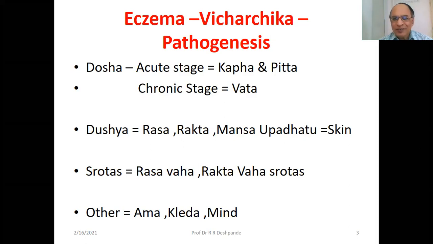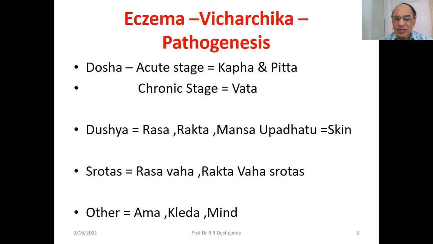And what are the dushya? Dushya means the substances which are vitiated by the doshas. So here in Vicharchika, there is a problem with Rasadhatu, Raktadhatu, Mamsadhatu, and the Upadhatu of Mamsadhatu is the skin or tvak or tvacha. If we consider the srotas, rasavaha srotas and raktavaha srotas are disturbed,